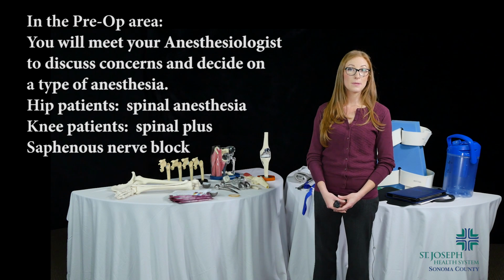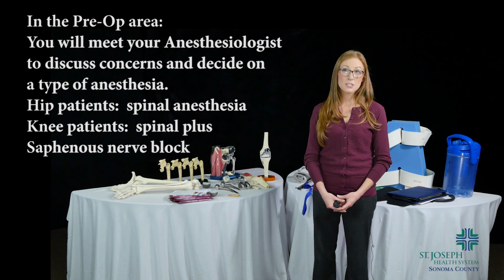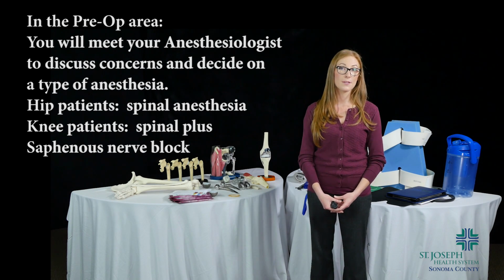All hip and knee replacement patients will receive a spinal anesthetic. In addition to the spinal anesthetic, all knee replacement patients will also receive a nerve block. It is dependent on your surgeon and your anesthesiologist whether or not you will have a one-time injection of the nerve block or a continuous nerve block that you may have for up to 48 hours to 5 days. The last person you will see in this preoperative area is your surgeon. Your surgeon will come around and initial your surgical extremity, and then you will be sent to the operating room